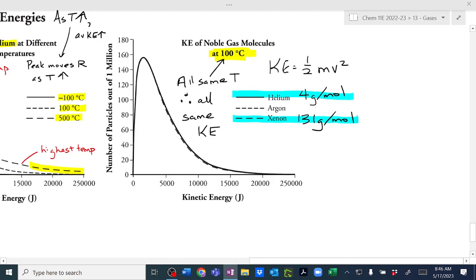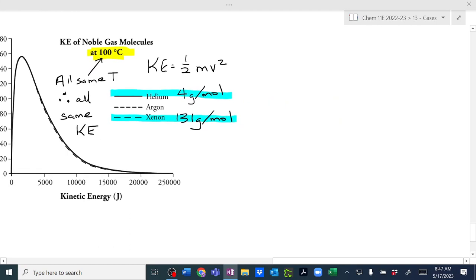Yes, Rigel? Yeah. Exactly, exactly. So in order for kinetic energy to remain the same,